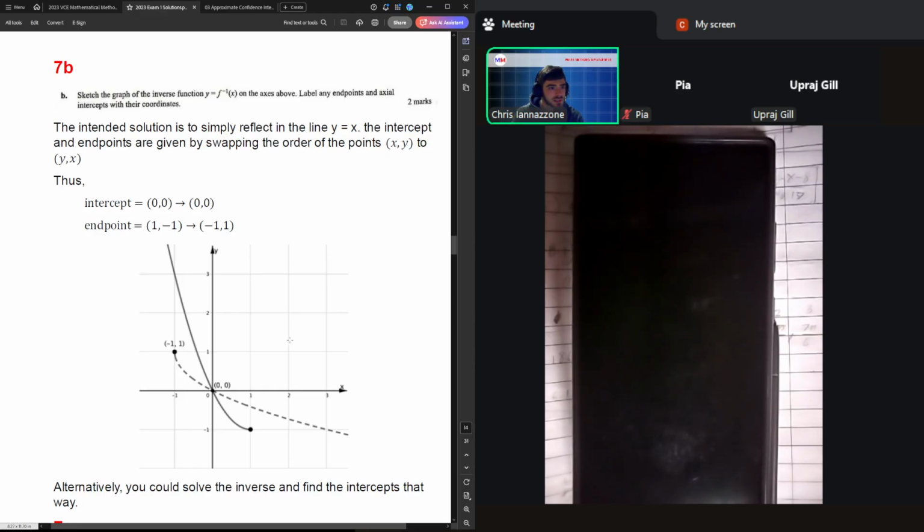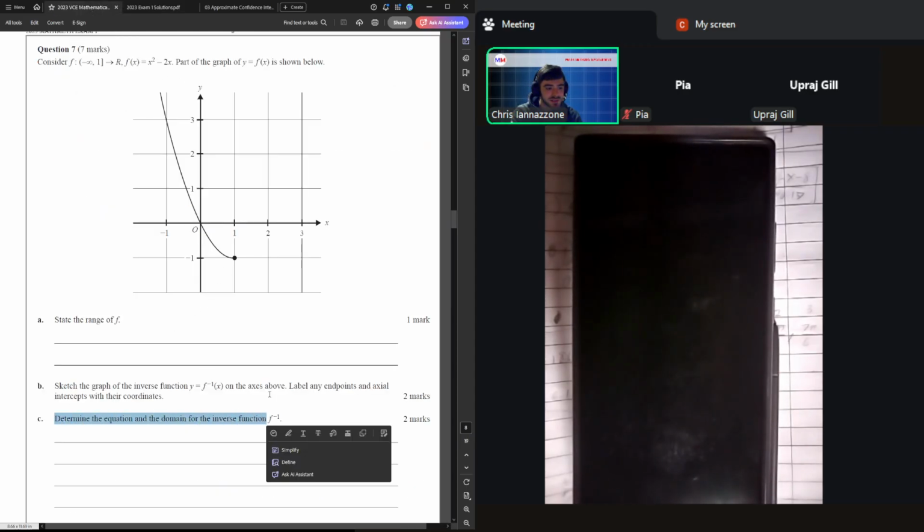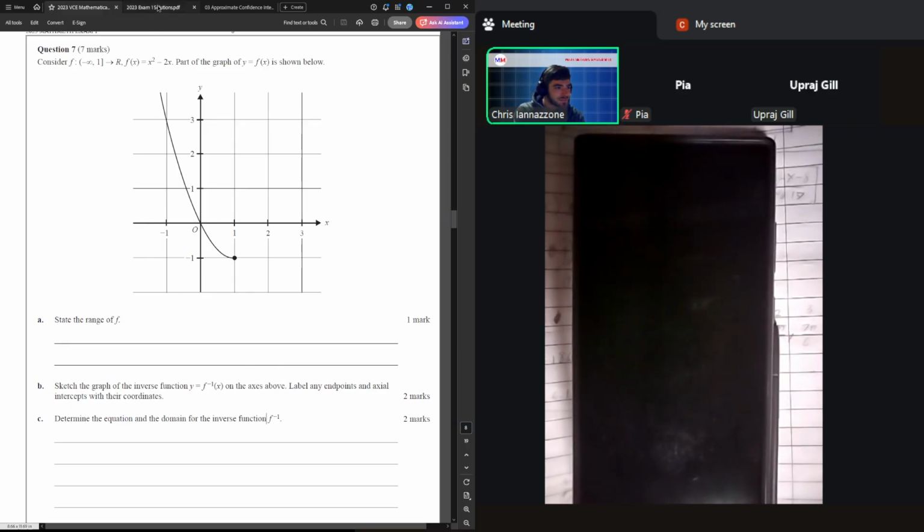That's what I was saying in the sense that you could sketch B faster just by using that, but it wouldn't necessarily speed up the entire test because you still, in part C, need to know the equation and domain anyway. So you do need them regardless. But yeah, just like you were saying,